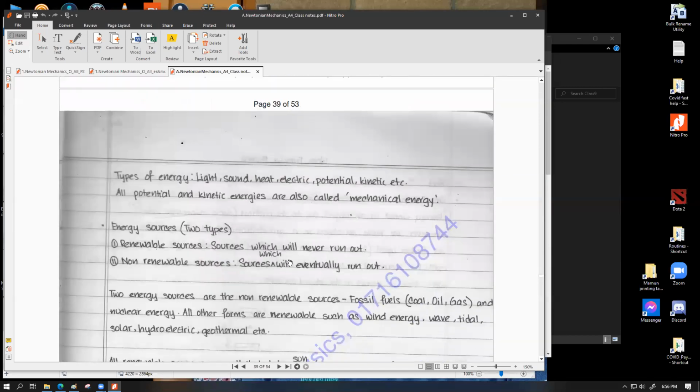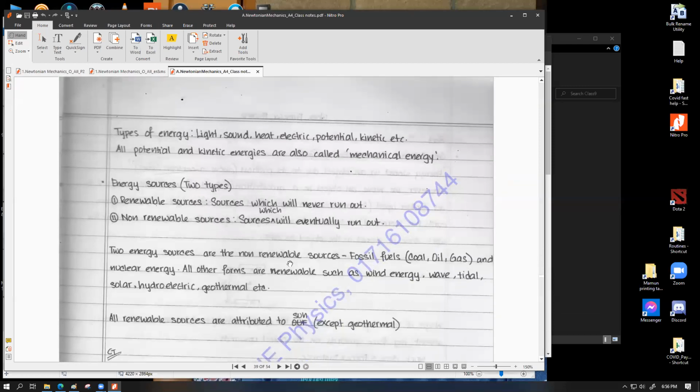And then we have types of energy sources. So here are some examples of the type of energy that we usually experience in our regular life. We have light energy, sound energy, heat, electrical, potential, kinetic, etc. All potential and kinetic energies are also called mechanical energy. Mechanical energy is a key term that we use in cases whenever we